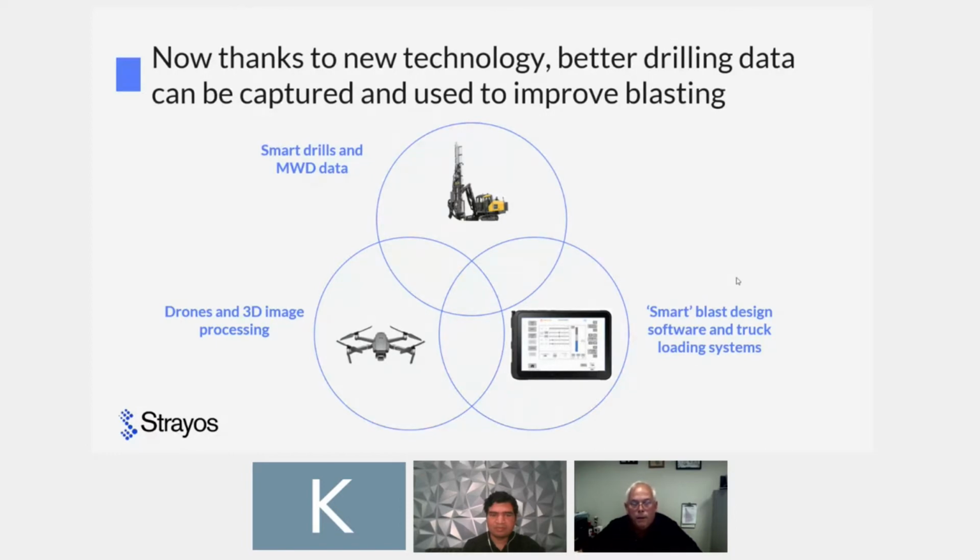It's all the same information, but we each want different parts of it to make it our own data. As a driller, I worry about rock hardness and penetration rate and everything else, but as a quarry processor, you might want to consider ore bodies, how your haul roads go, and everything else. And as an explosives guy, you might worry about how in the world this blast is going to go off. So this data with Strayos, it all comes together in that neat little center circle.